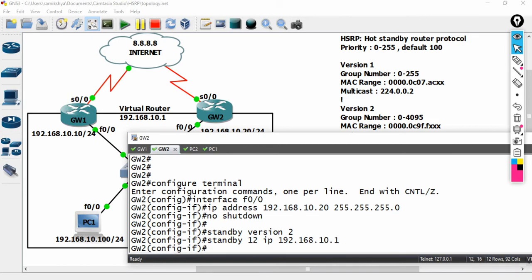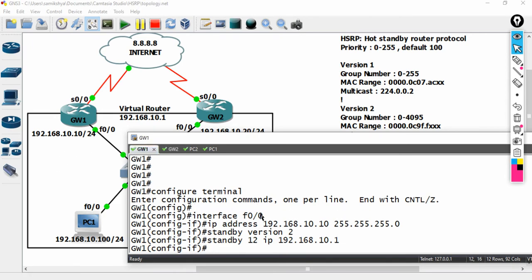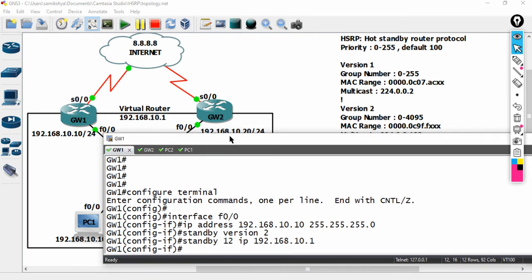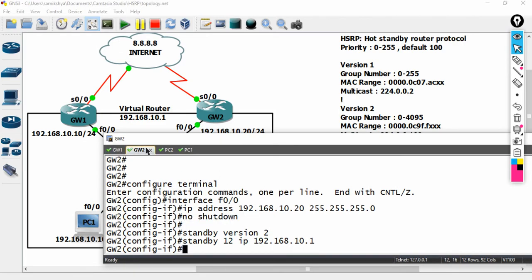Now both of the gateways will elect and find one of them as the active router. In this scenario, gateway 2 will win the election.